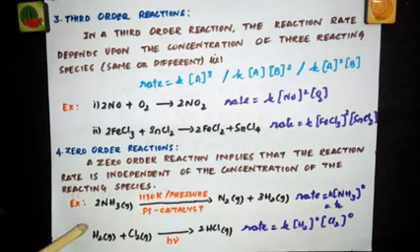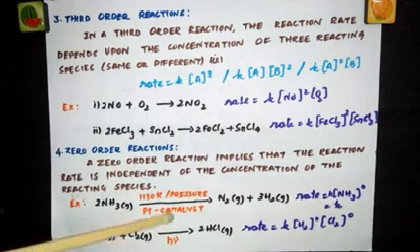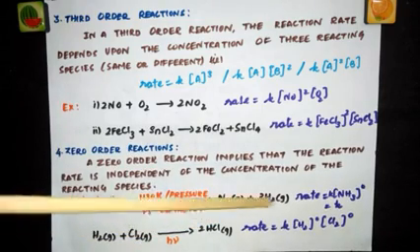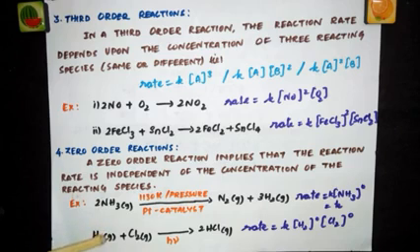So you may look at this example, a photochemical reaction. This is taking place in the presence of ultraviolet radiations. Now see, H2 plus Cl2 in the presence of h nu gives you 2HCl. So rate is equal to K into concentration of H2 power 0 into concentration of Cl2 power 0. So both will be equal to 1.